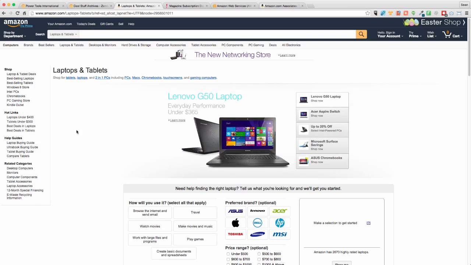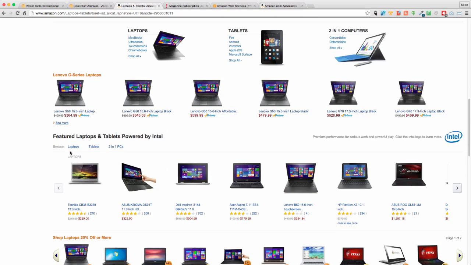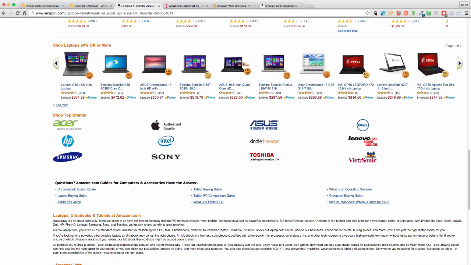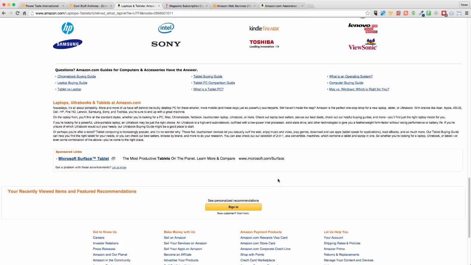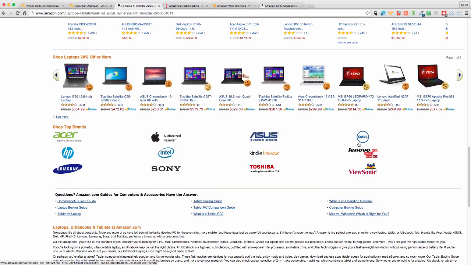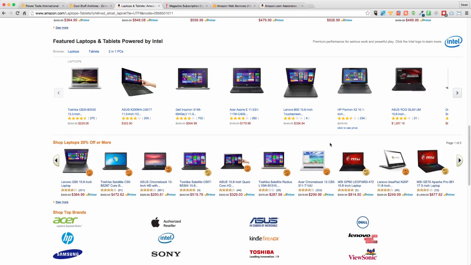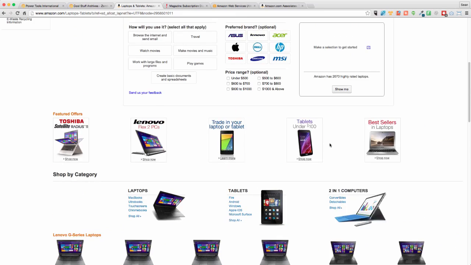Now, here's the other thing. If you want to dig in a little deeper, go lower, shop by category, and there are all the different categories that you can go into. It'll give you all the featured ones and everything else by the top brands. But I always look for the best sellers. The bestseller link is actually at the top of this page, but usually you'll see somewhere down here a link to the best sellers, because it's going to give you a great idea about what's going on. But here's the beautiful thing: you've got all the logos for all of the top sellers right off the bat, the brands that people want. That's great, because you can use that on your own site as some sort of filter later on.